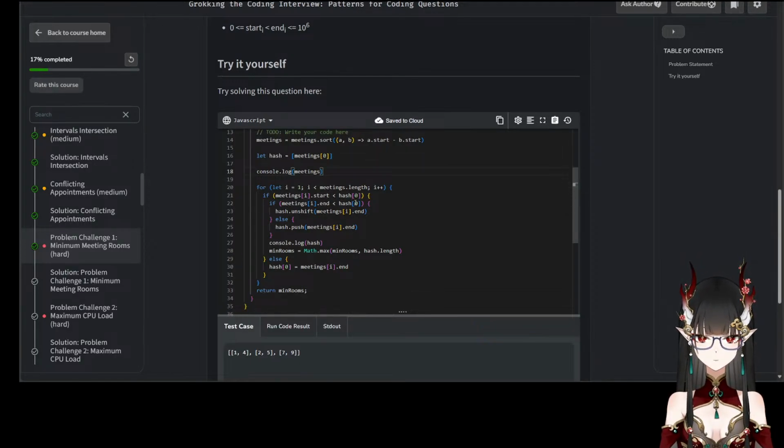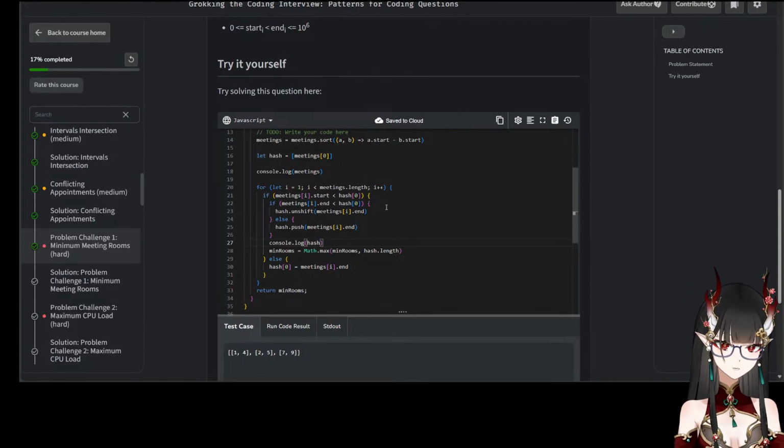So instead of doing this, we put a hash in there, and then every time when we